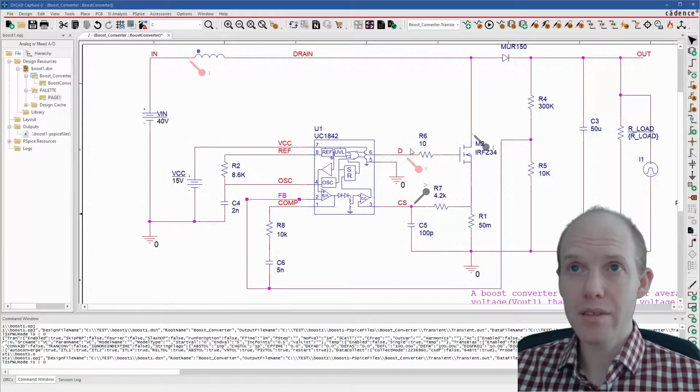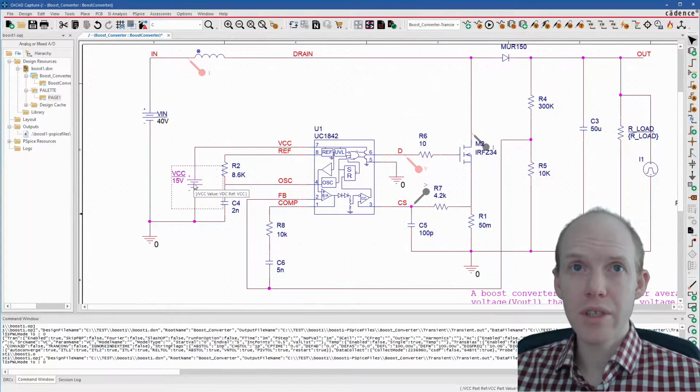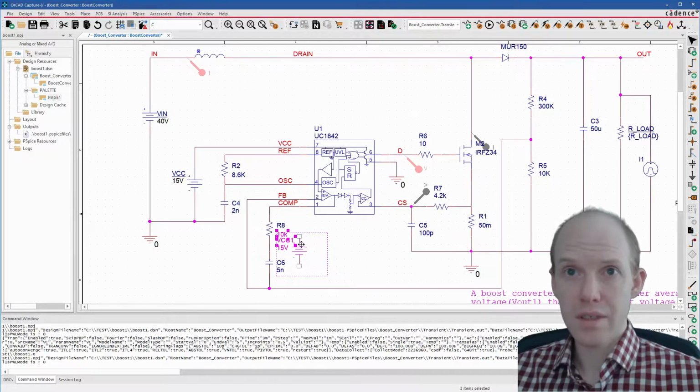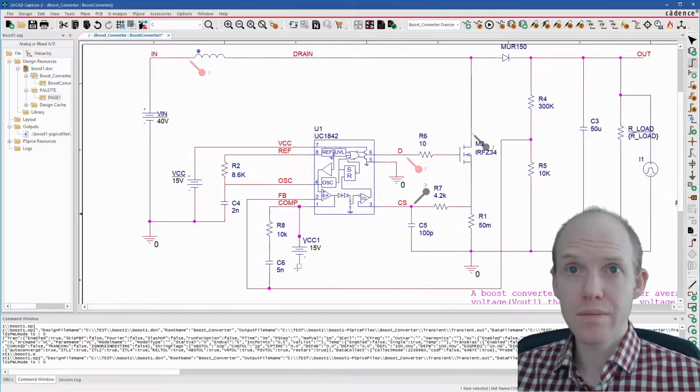It's a mathematical duty cycle, and that gets converted to an output current. So to check out the ratios between this voltage here on this comp pin and the duty cycle and the output current, we're going to copy this source here and press H to flip it horizontally. W for wire,